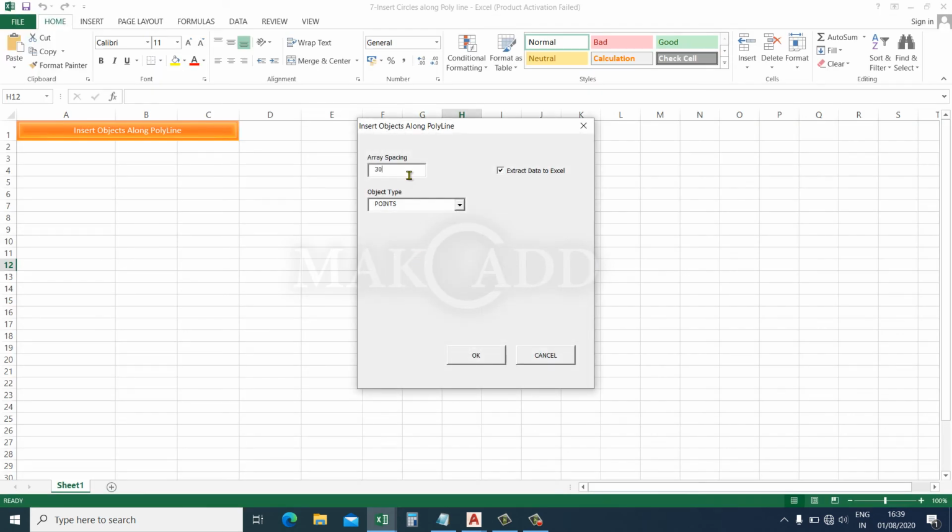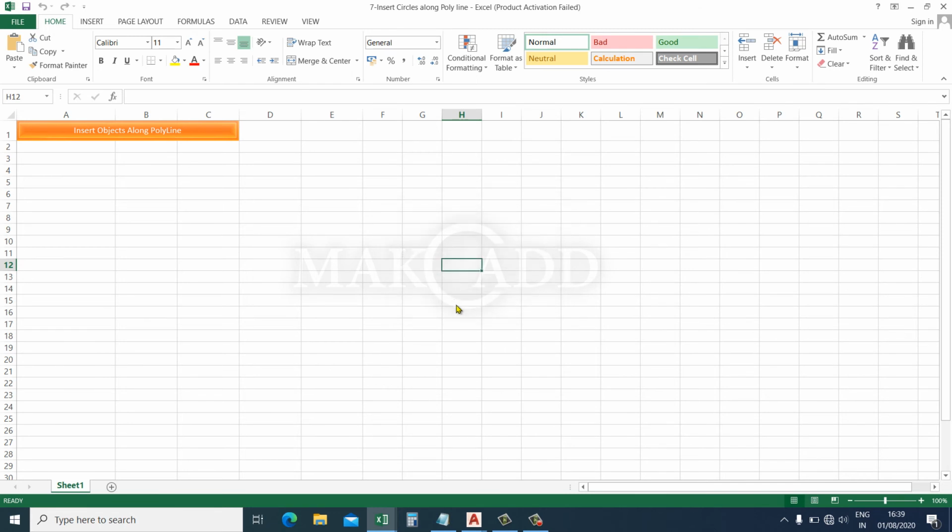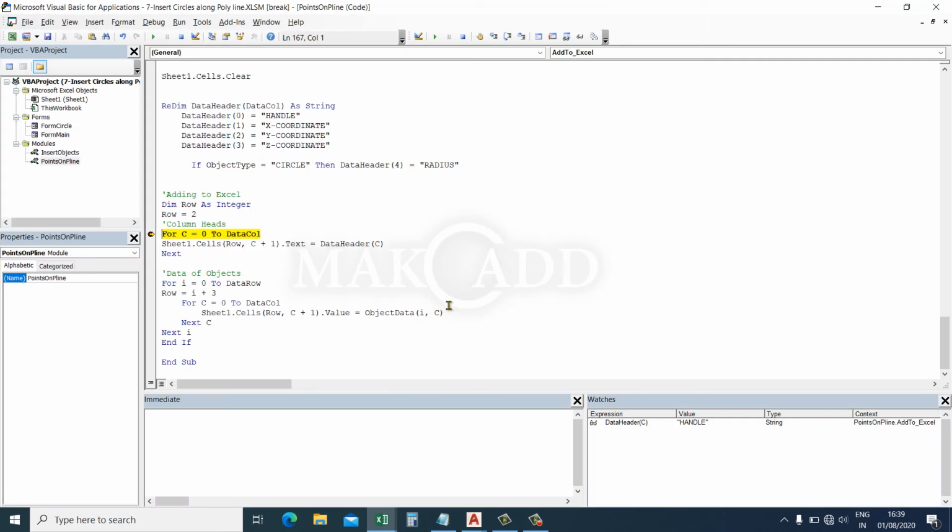Array spacing 30. Circles. Okay. Radius 3. Include points. Okay. Here we stop. C is equal to 0 to. So data 0 is handle. Then we will use the F8 function key.